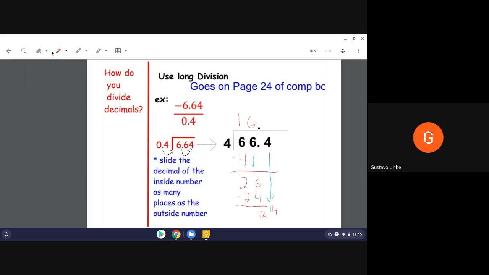And now I have a 24 right here. So 4 multiplied by 6 is going to give us 24. 24 minus 24 gives me 0. So you have no remainder, and this is your final answer,